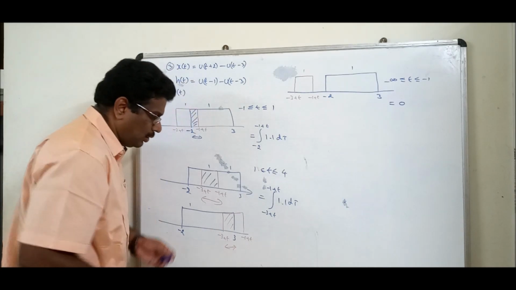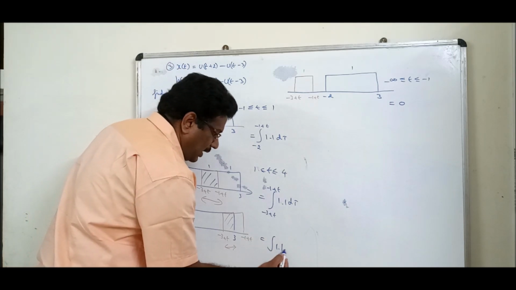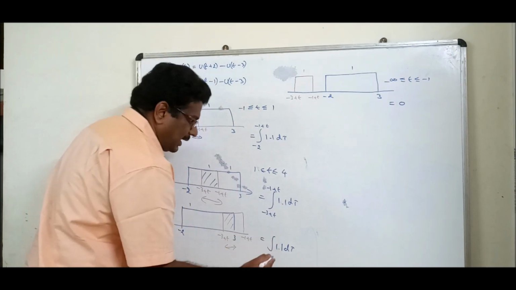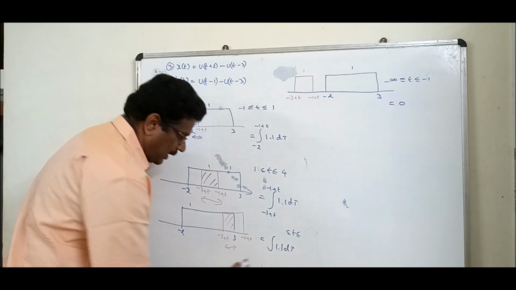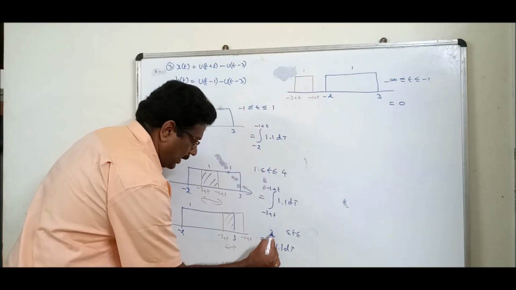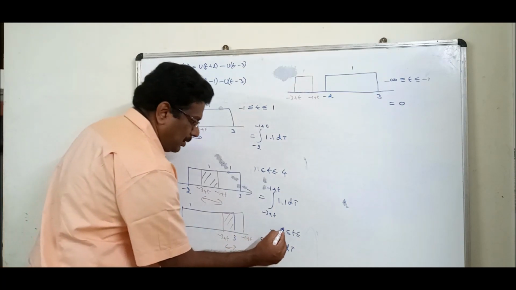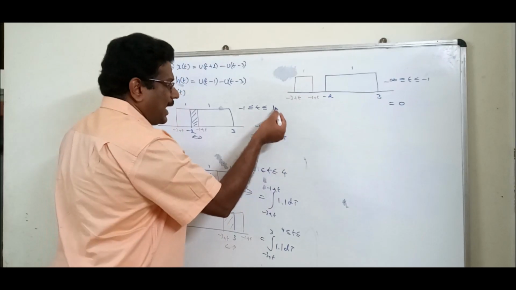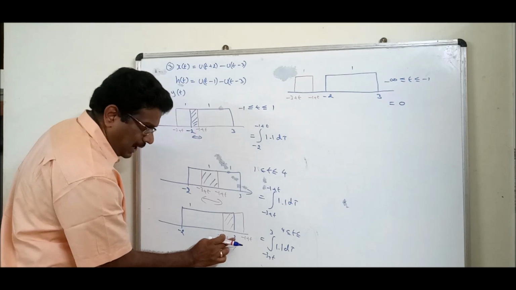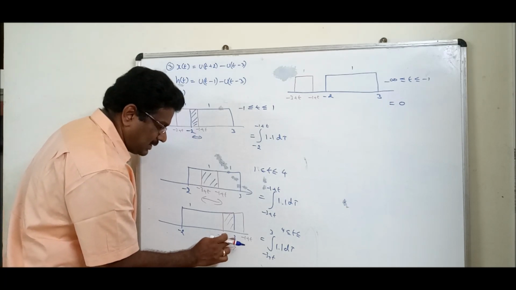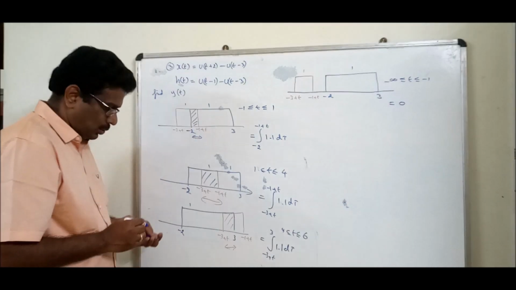Now, what are the two things you have to do? Integration, x amplitude 1, h amplitude 1. What is the limit? What is the range? The limit is where to where? Minus 3 plus t to 3. What is the range? What is the starting? When this is touching here, the starting will be 4. As a simple thumb rule, the last value will be the first value. Up to where? He should touch here. So minus 3 plus t, when it touches here, it is fully going outside. That should be 6, so 6 minus 3.